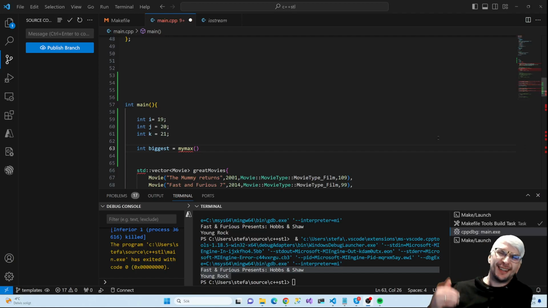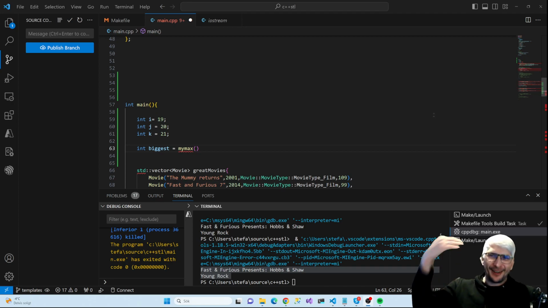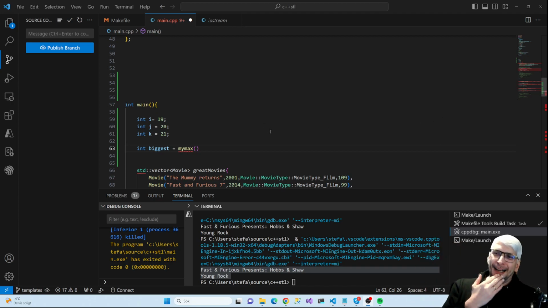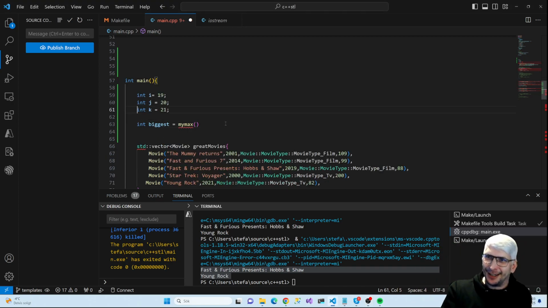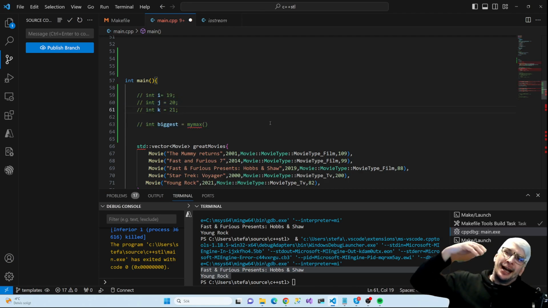Okay, so there's a never-ending stream of cool stuff in C++. Now let's have a look at templates. Actually, let's start by commenting this out. I mean,